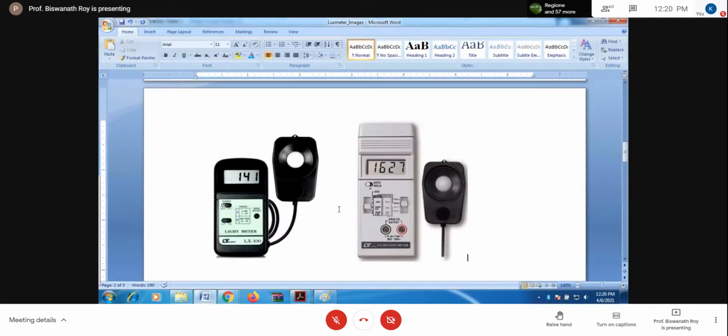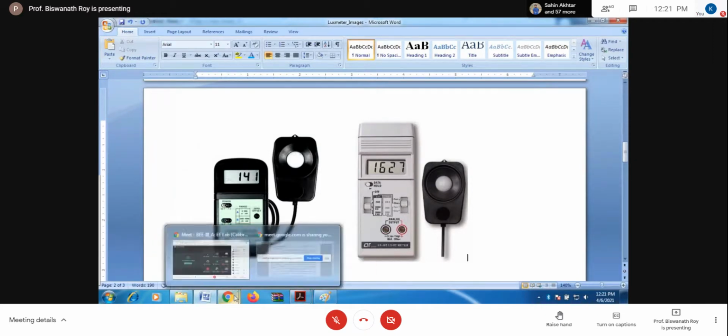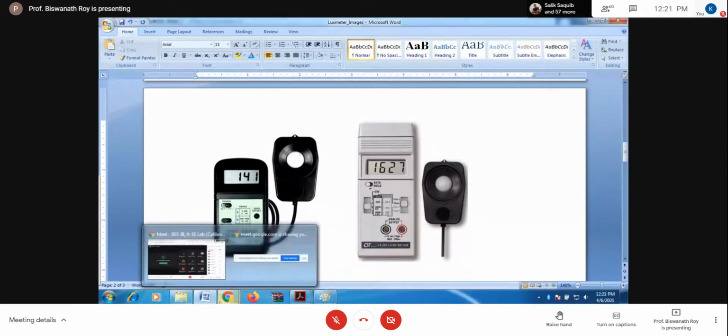So in the lux meter, there is a provision of getting the value in terms of lux or in terms of FC. Here also there is a selection switch. By this selection switch, you can select whether the value is in lux or in FC. So this is the sensor unit, a photosensor, a photodiode, and over it there are two types of filters. One is a color corrected filter, the other is a cosine corrected filter. I think you will learn this in your illumination classes.